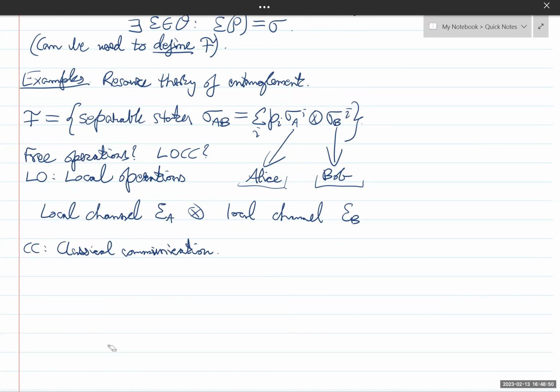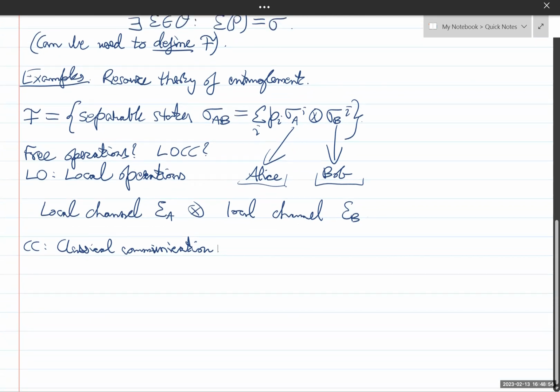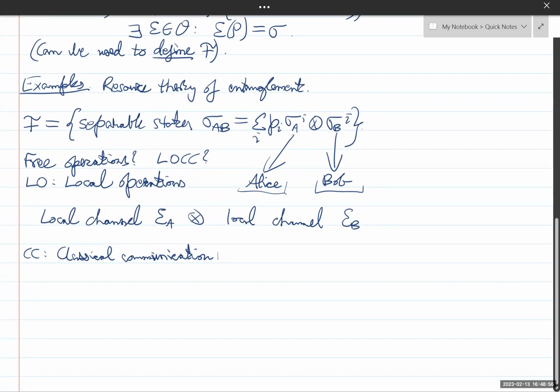Now Alice and Bob can do a little more because they can coordinate some of their actions because they have classical communication between them. If you add this to LO, you get something called LOCC, which can have channels of the form